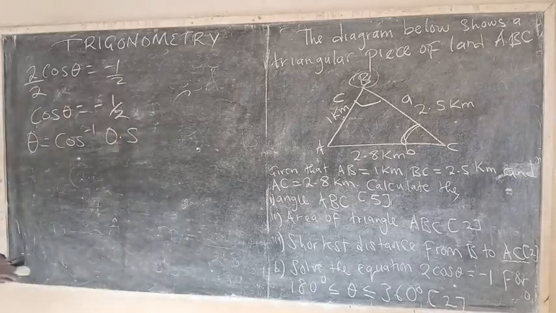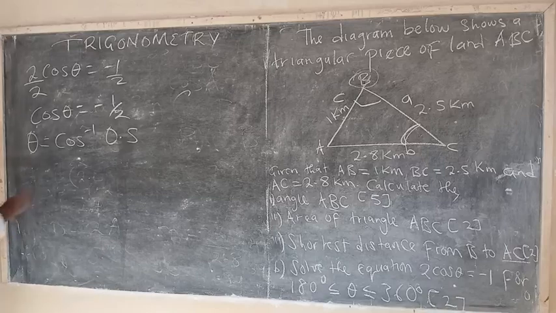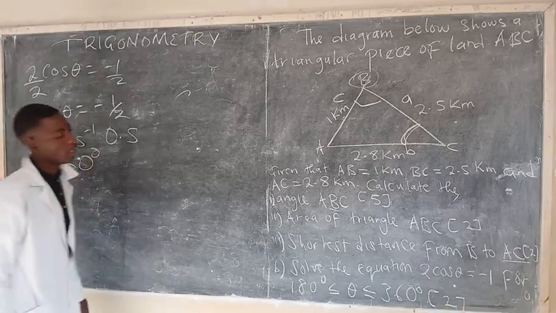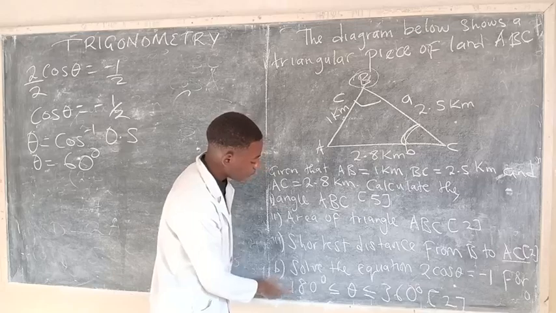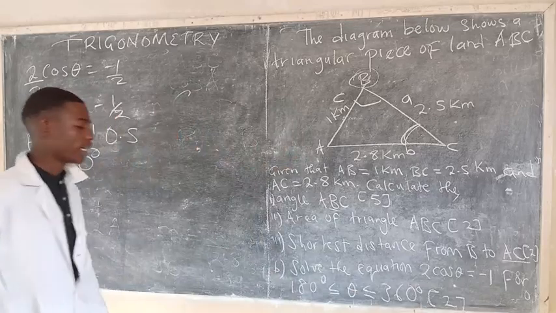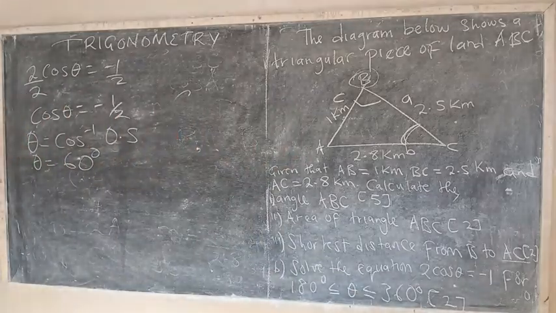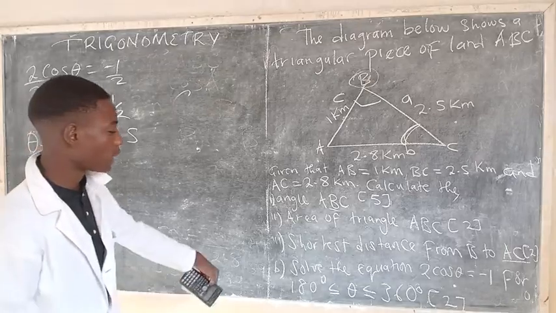So when we say cos inverse of 0.5, it gives us our theta to be 60 degrees. Now the range that they have given us is 180 is less or equal to theta, or theta is less or equal to 360. Now the negative that we discarded, there is need to retain it. How do we retain it? We must ask ourselves,